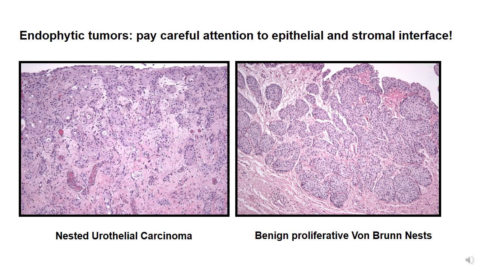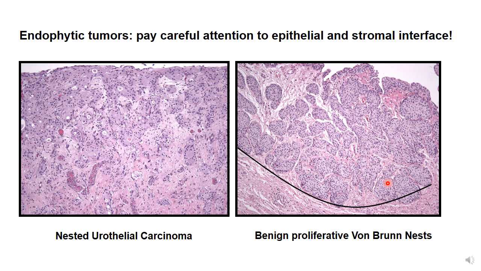In endophytic tumors, looking at the epithelial and stromal interface is extremely critical. I have talked about this in the variant histological differentiation in bladder cancer topic quite a bit, so I will keep it to the point. Benign proliferative von Brunn nest processes are typically characterized by a very crowded, very uniform, orderly